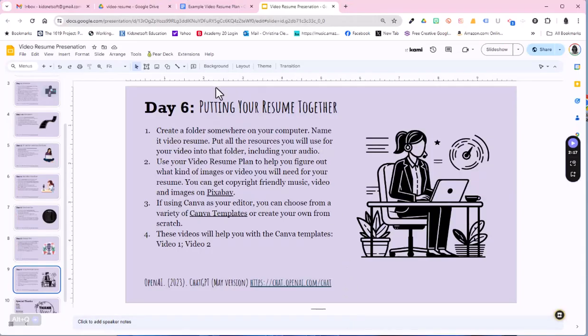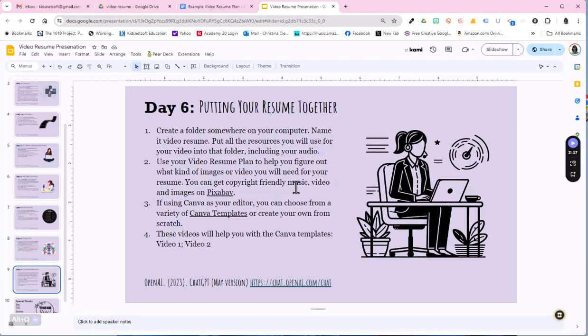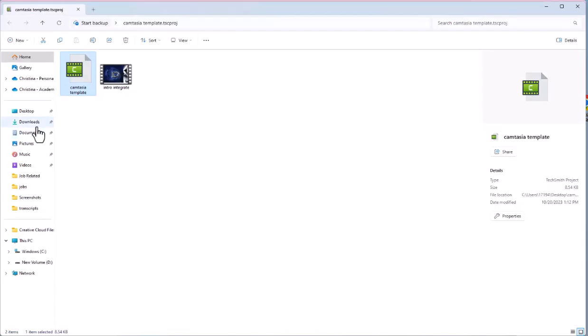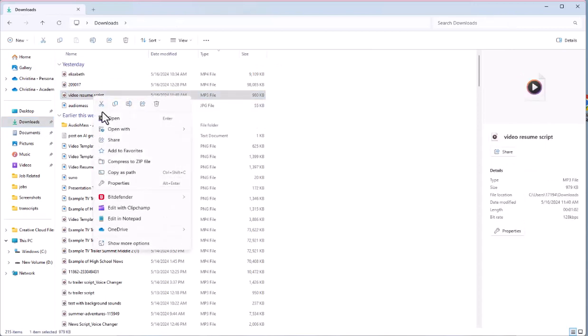So as you recall earlier, you should have recorded your voice on the previous assignment, and that happens to be in the Downloads folder. So we'll go ahead and go to my Downloads folder. I will locate that audio. I will right click on it. I will go ahead and choose Cut